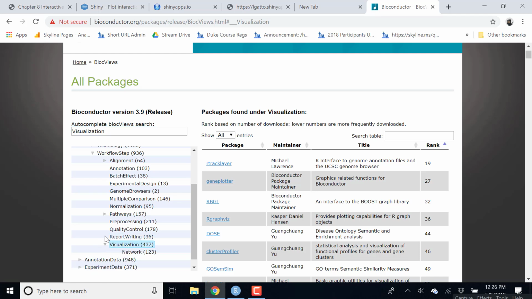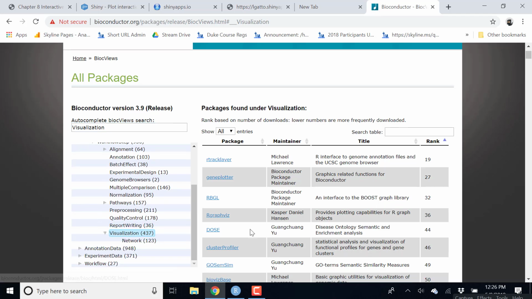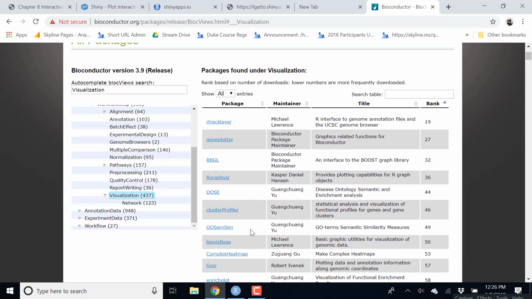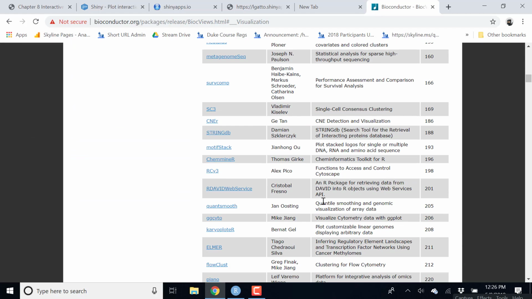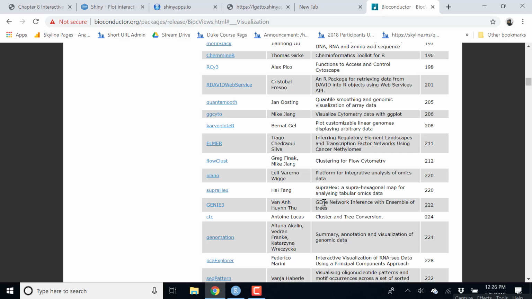And so in Bioconductor, there are 437 packages that have this tag visualization. So for example, if you want to plot networks, there is a piece of software called Graphviz that allows you to plot networks. And there is an R interface, so Graphviz could be used to render these graphs from R. And so here we are, tons of packages that are dedicated to